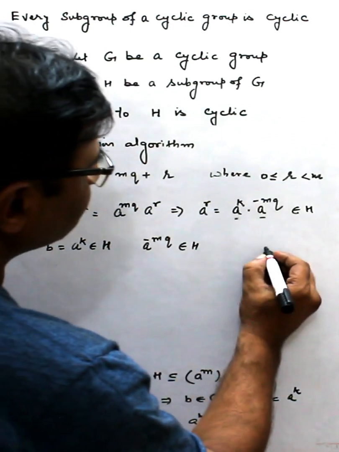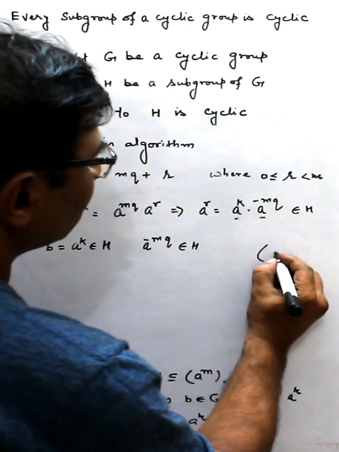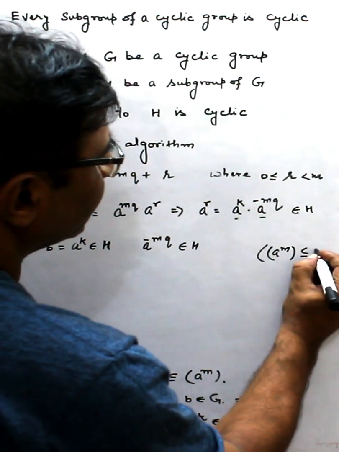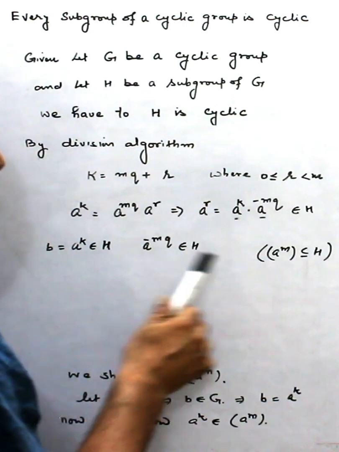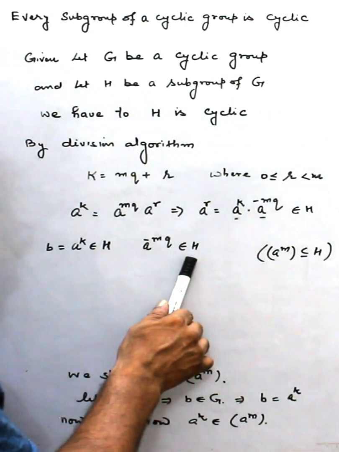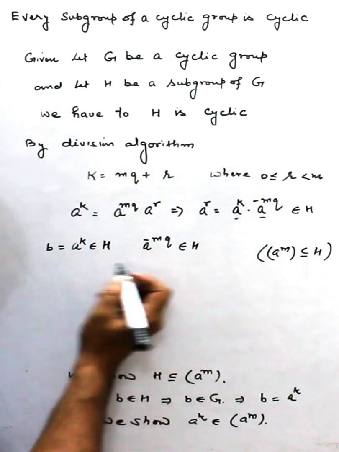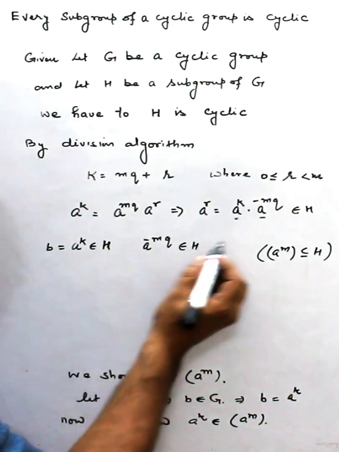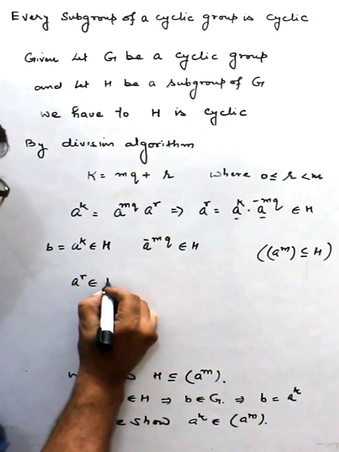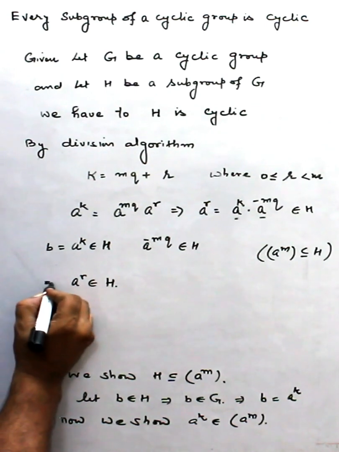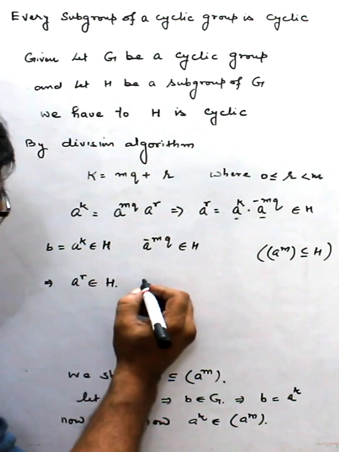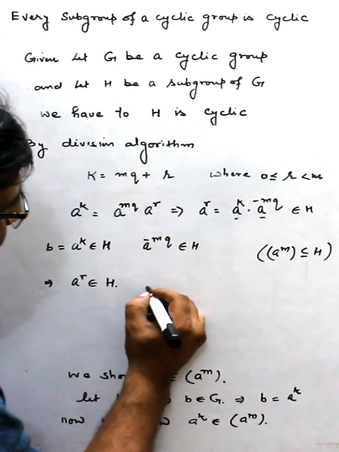Because already we have shown <a^m> is contained in H. So H is the bigger set, that means this element also is in H, right? Now this implies a^r belongs to H,